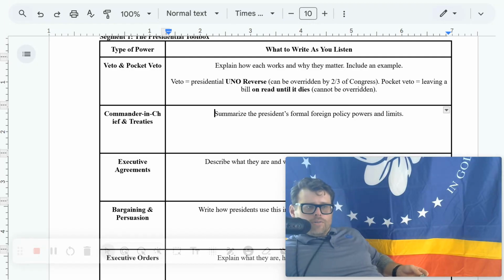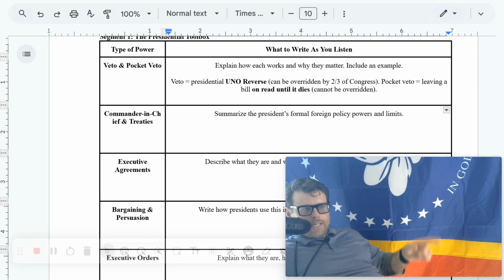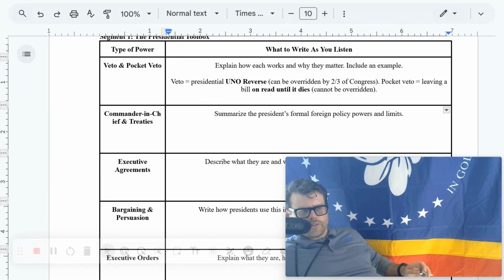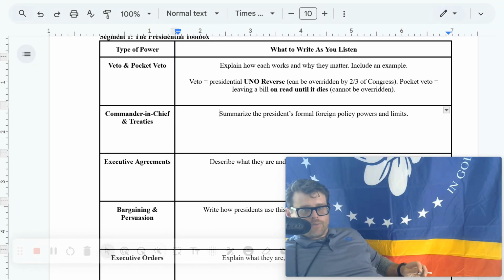Okay, so now on to foreign policy. Remember I talked about the different hats the president wears. The president wears many, many hats. When the president's influencing policy and vetoing, that's chief legislator, chief lawmaker. So the president does wear a legislative hat, so to speak. Now we're going to get into commander-in-chief, and treaties. This is that commander-in-chief hat, the civilian leader of our military. So formal powers here: the president is the commander-in-chief. That means directly in charge of the military.